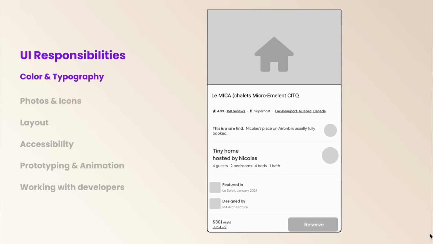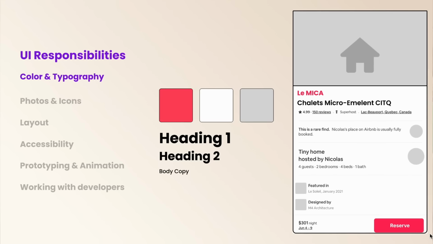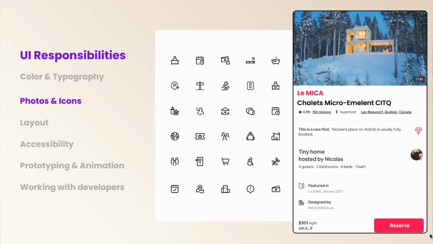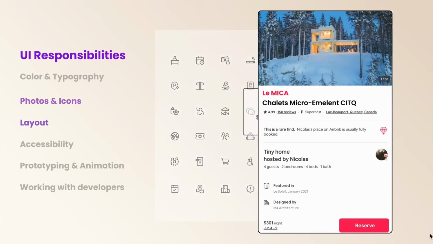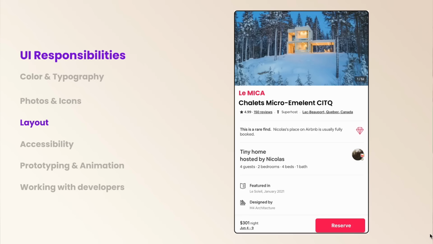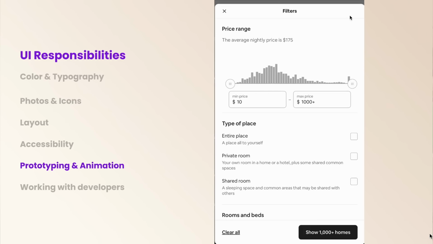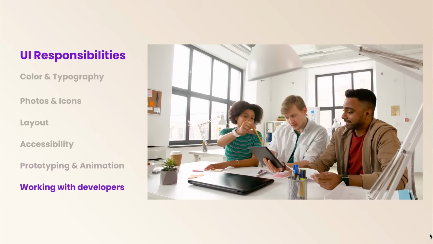As a UI designer, we'd be responsible for creating typography guidelines and color palettes, choosing photos, icons, and other visual detail, adjusting layouts to create a great experience for users on any screen or device, applying best practices in accessibility to make sure that our solution can be used by anyone,